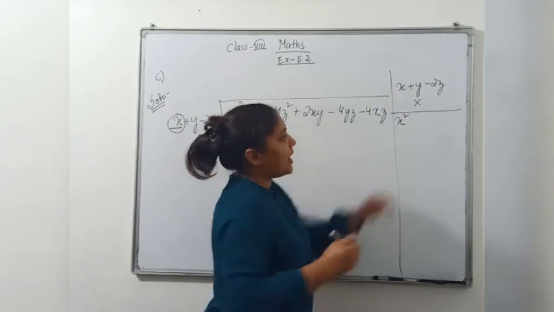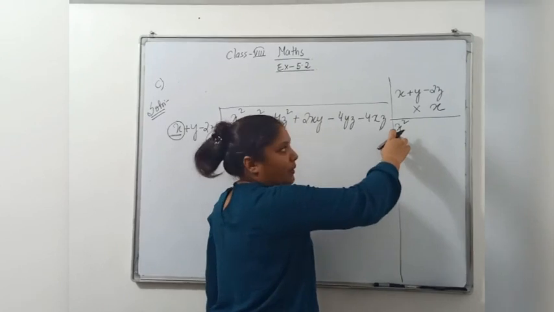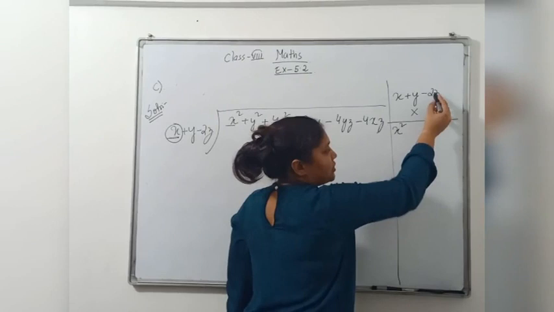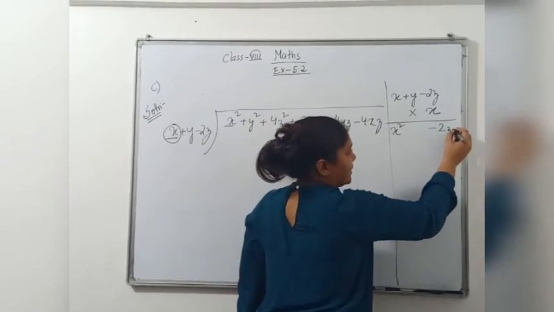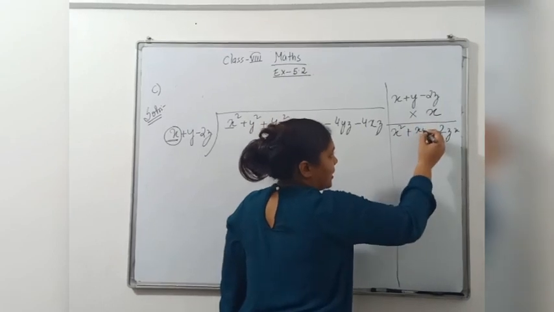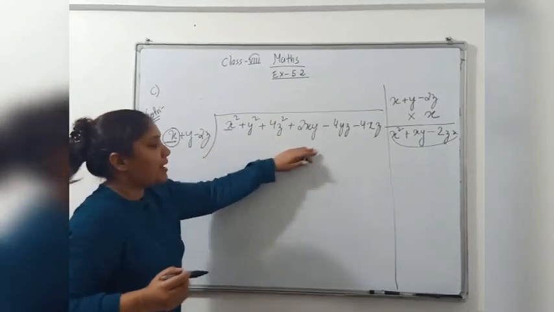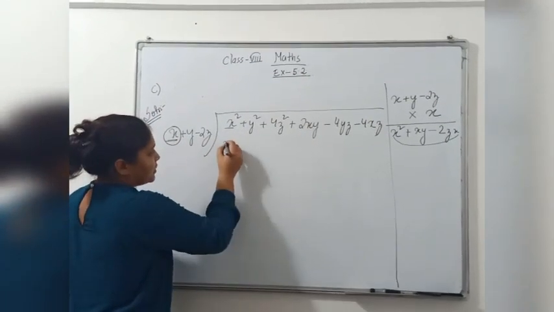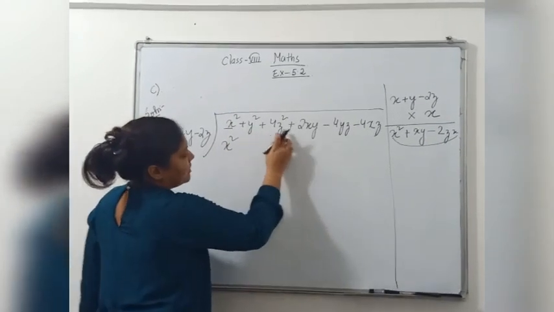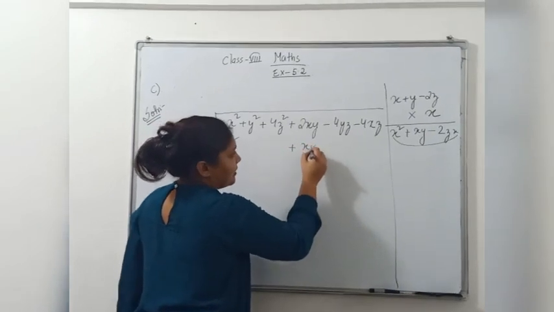So we have to make this x the same as it. So what number we need to multiply? We need to multiply it with x. X into x, if I do, what is it? X square. Right? Now just like normal multiplication you do it. X into z, minus 2xz, plus x into y, xy. Now this same line you will place here. Now x square you will write x squares down. Then xy. Where is xy? Where is the variable xy? Here, right? So you are going to place plus xy here.